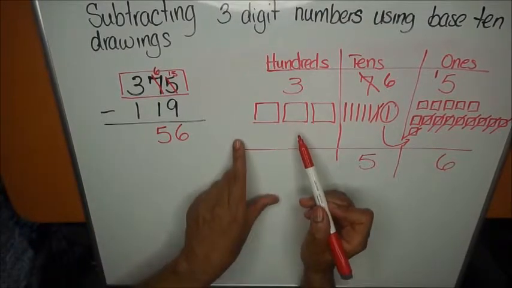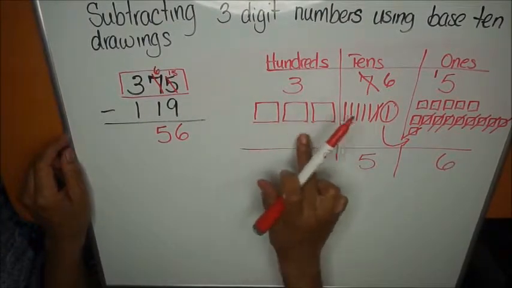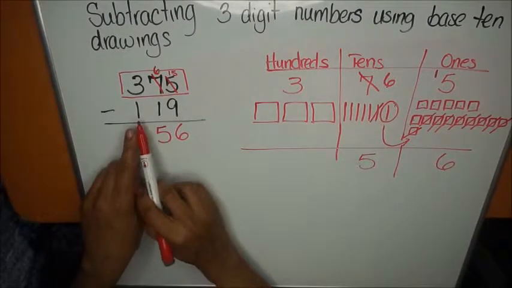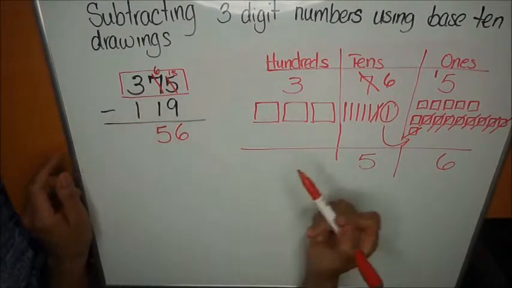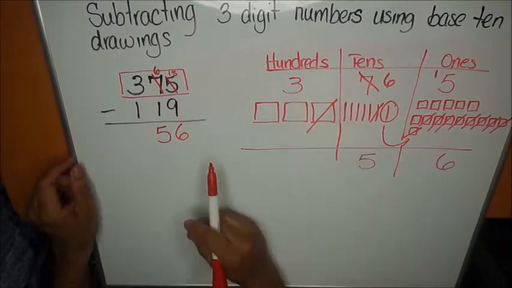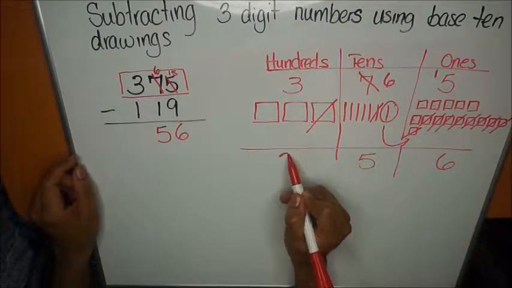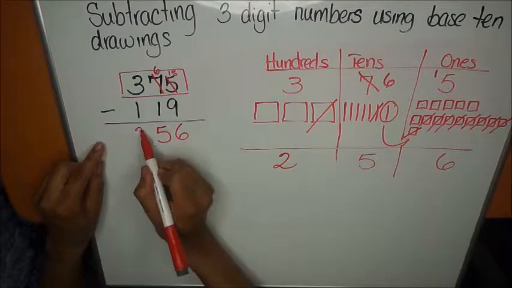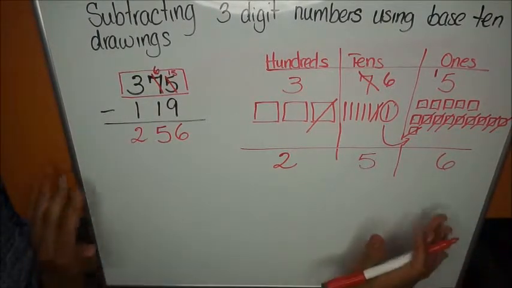And in my place value chart, I have 3 flats or 300, and I want to take 100 from 3. So I'm going to cross out 1 flat. And now I'm left with 2 flats. So I'm going to put that in here. So our answer is